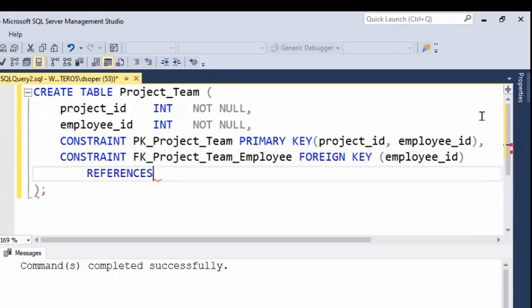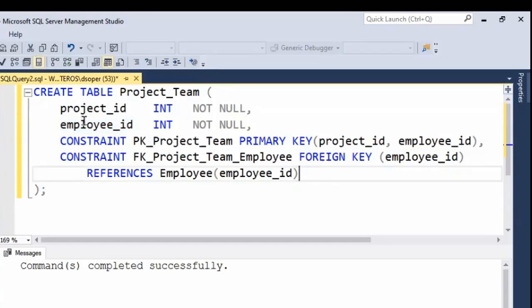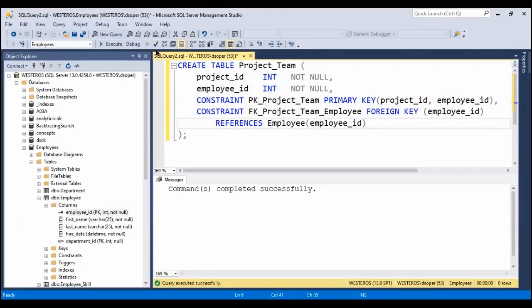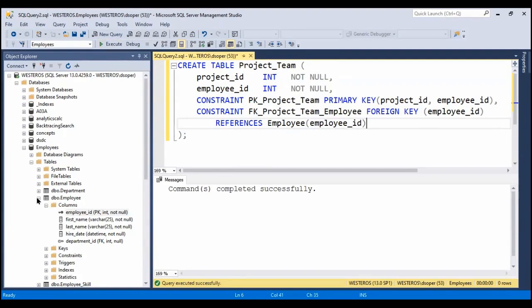And then we have to tell it what is the other end of that connection. So it's going to point to the employee table. And specifically, I'm interested in connecting to the employee ID attribute within the employee table. Right? So this is saying connect employee ID here, which is this one, to this employee ID over here in our employee table. Right? So if we go ahead and run this now, you'll see we get our command executed